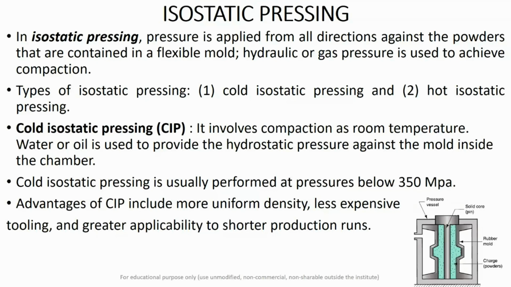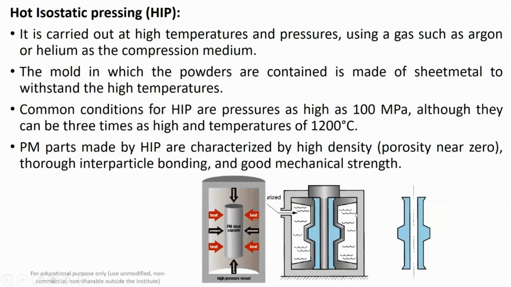Okay. And this is basically a relatively cheaper process as compared to the hot compaction technique, and it gives shorter production cycle time. So this is very favorable in the industries in order to get the required strength and uniform density in your product. Then after this, we have the hot isostatic pressing technique,